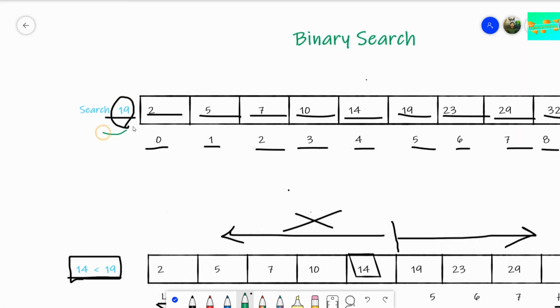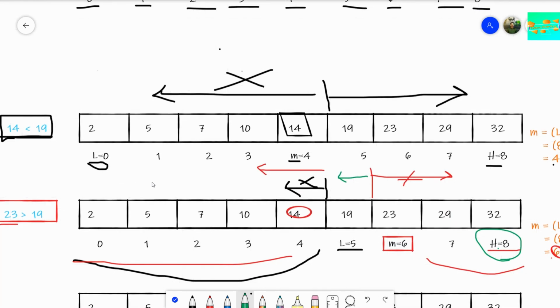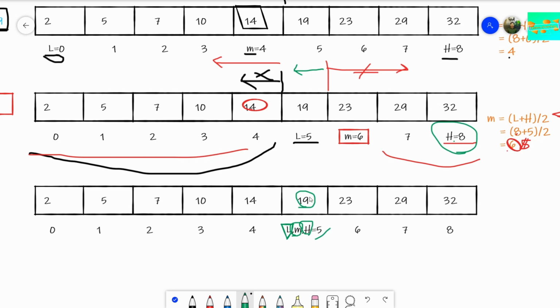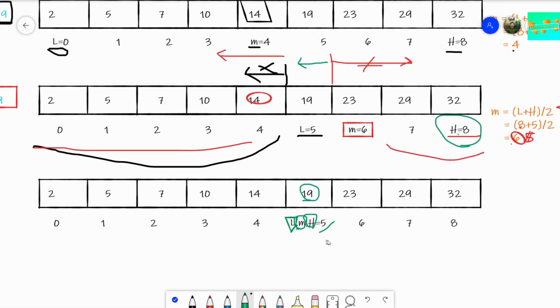If we look back, the required search was 19. So the value is the one we are looking for. Hence we found our element, and this binary search algorithm would return the value 5, pointing out that we found our element at position 5.